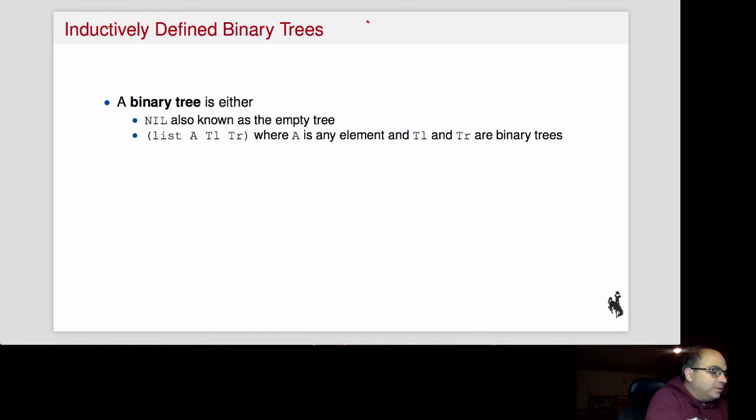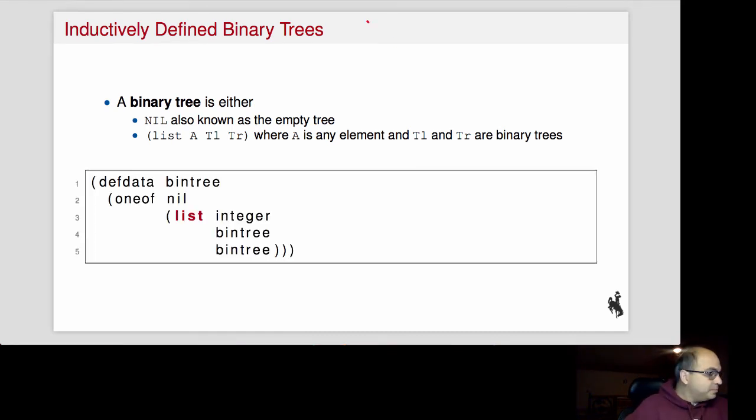Okay, so let's try to define this tree in ACL2. Now remember defdata. Defdata is what lets us define data types in ACL2s, and we could define a list, for example. And a list looked like the defdata, and I'll just call it list, and we defined it as one of nil,